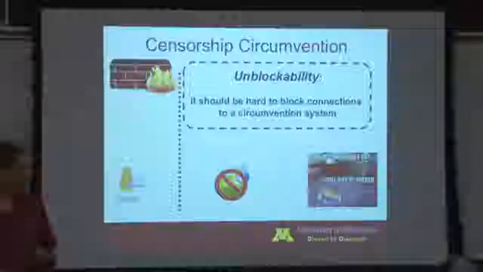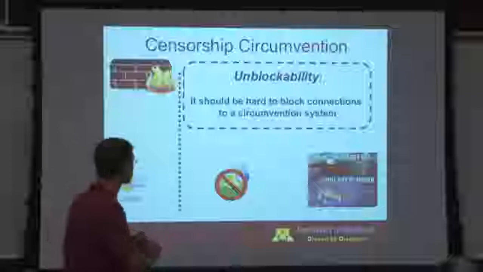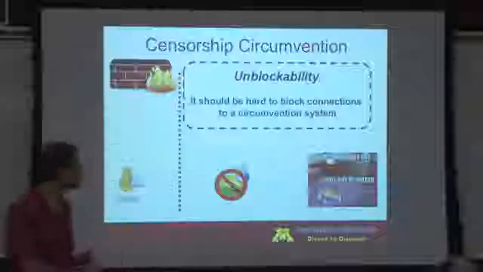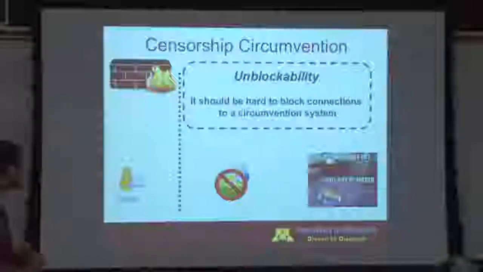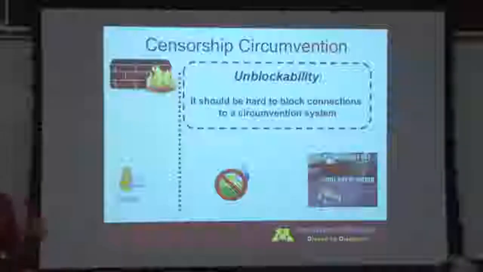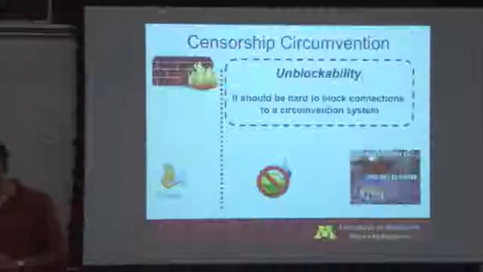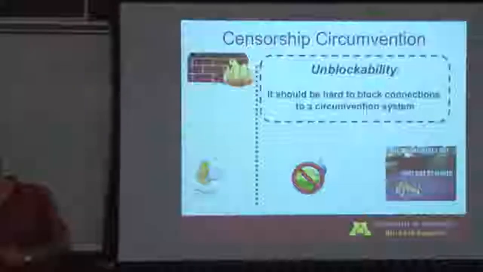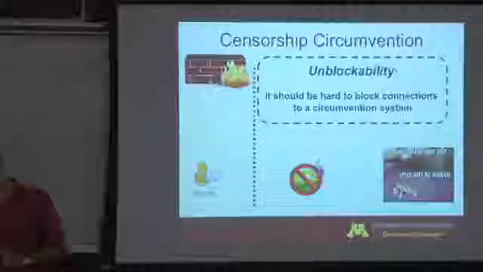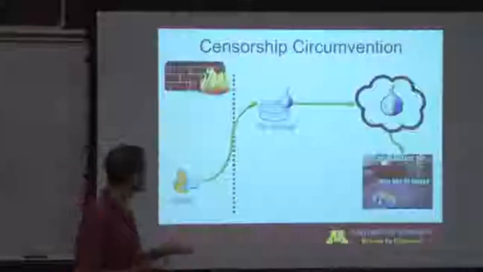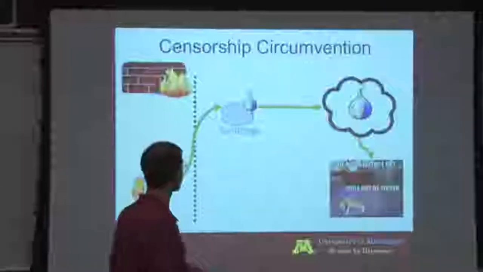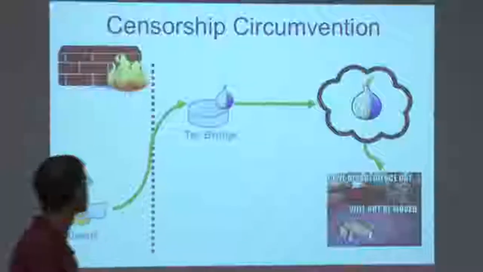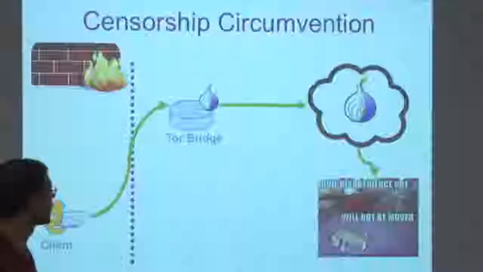Okay. So that brings up the first aspect, which is it should be hard to block connections to the circumvention system without also blocking a large class of traffic which the censor is not willing to block. All right, so for example, one way that Tor has tried to partially solve this problem is by having these unlisted